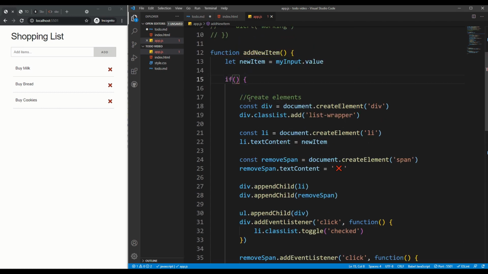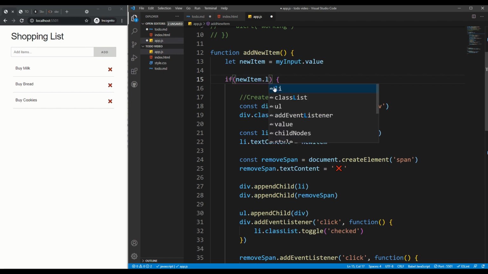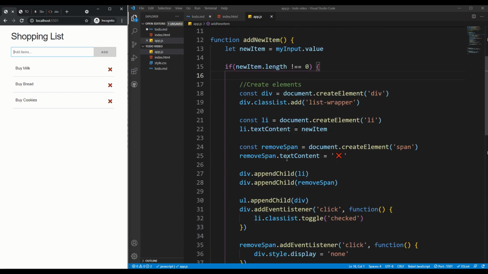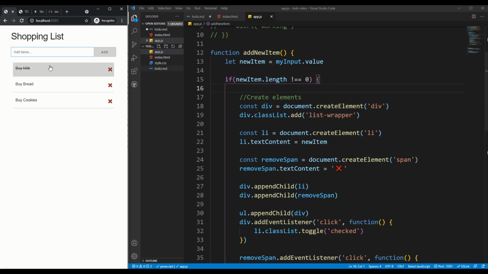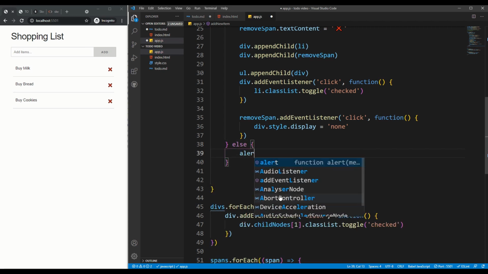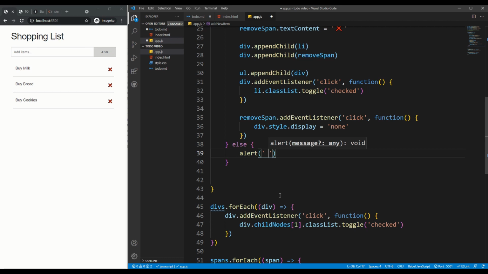So within that parentheses, I'm going to check something. I'm going to say newItem. If the newItem.length, because I have the length property, is not equal to 0, that means there is a length. So if I have a text, the text has a length. It's a string, right? So if the newItem.length is not equal to 0, that means there's something. You create this element. Go for it. But if it's 0, that means it does not have anything. Then I'm going to say else and a block and just alert by saying